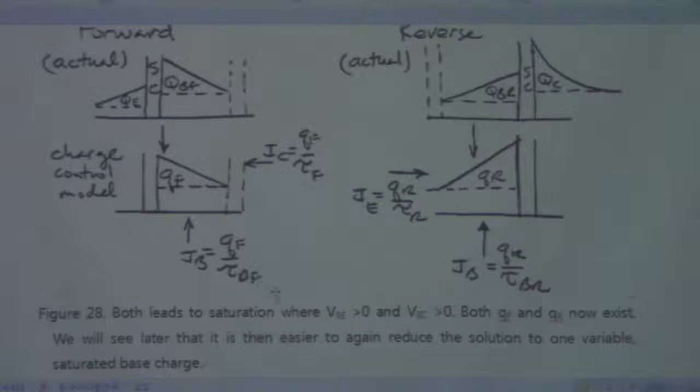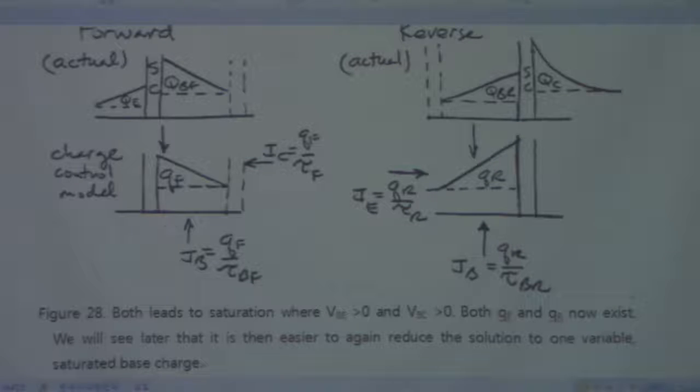This tau is the characteristic time, which is going to be defined later to make this equation okay. And then in the reverse mode, the base current, the terminal current, is going to be QR over tau BR. This is a simplified equation, right? Then the emitter current is QR over tau R,